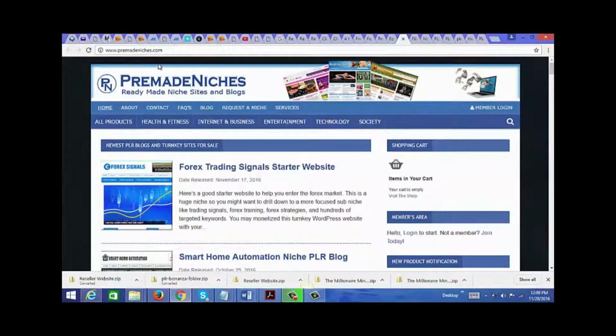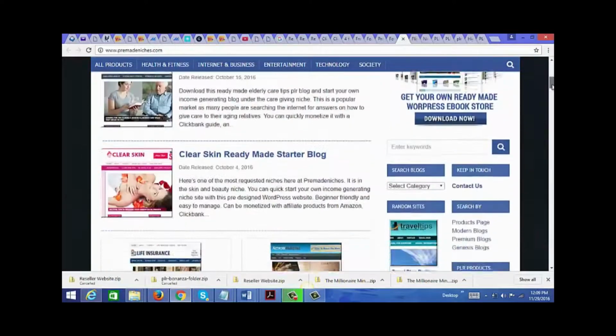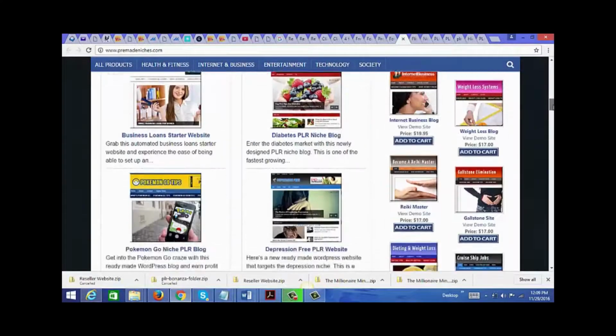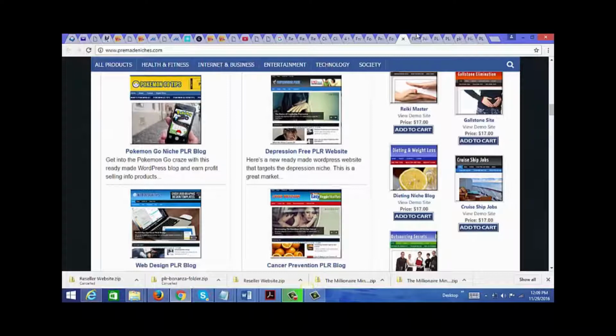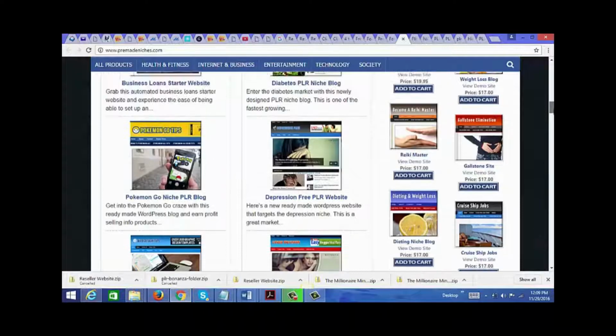There's premadenishes.com, and as you can see here, they have several blogs that you can purchase from their site for cheap, for as low as $17. And another thing too, when you get these blogs, a lot of the content's already on there. If you want to add more content, you can just do a search for PLR articles, or you can also outsource and just hire a ghostwriter.